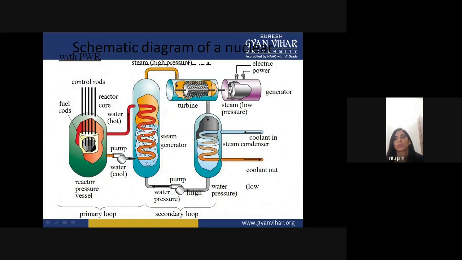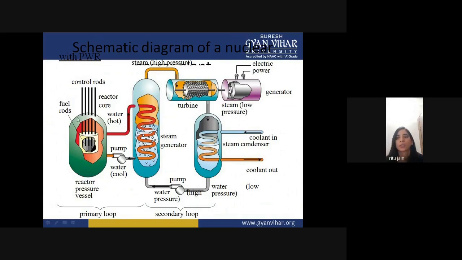So this water gets heated, then it is converted into steam, and this steam is transferred to the turbine, and this turbine is connected to the generator, which generates the electricity. And this is your exhausted steam, which is coming into the condenser. Again, it is converting into water, and then the water is again going into the steam generator, and you are again getting